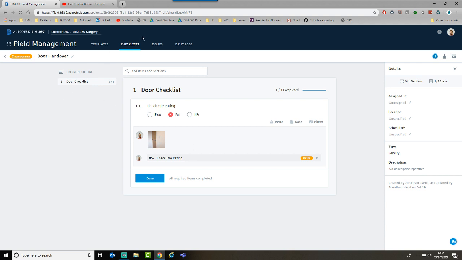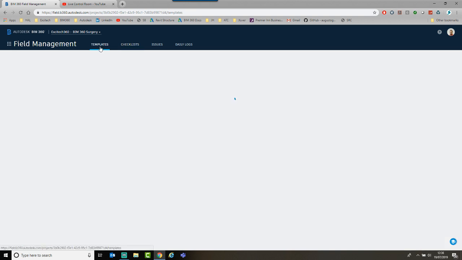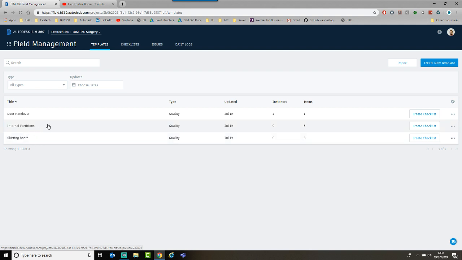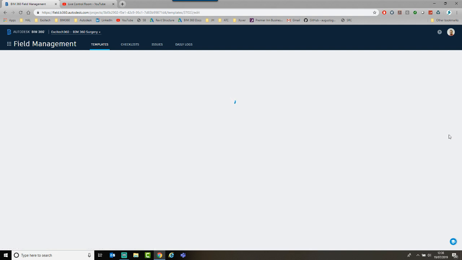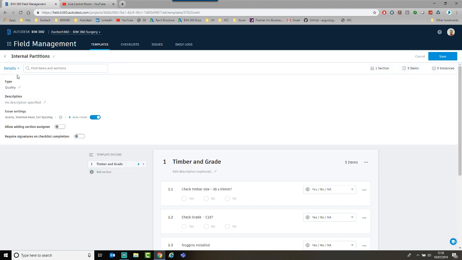So let's look at what if we have an existing checklist. If we look at our existing templates, I've got one here for, let's say, internal partitions. So I can go in and I can edit. And you can see under the details section, I can select the drop down, and you can go in and add in the issue settings, auto create on or off. So if you save it,